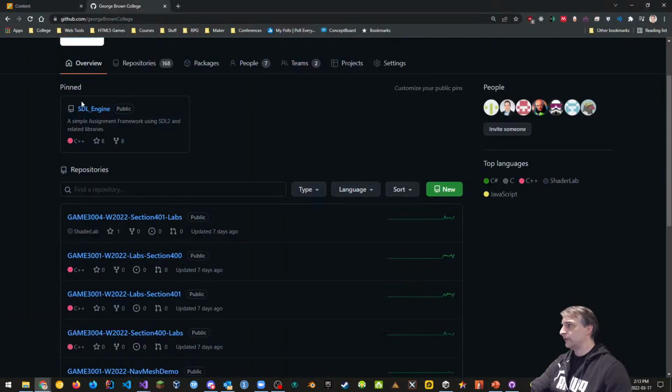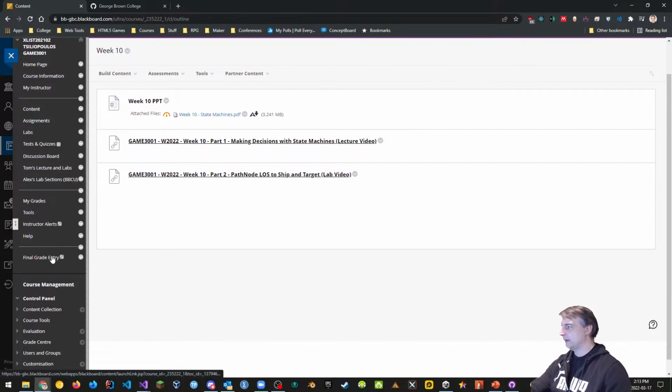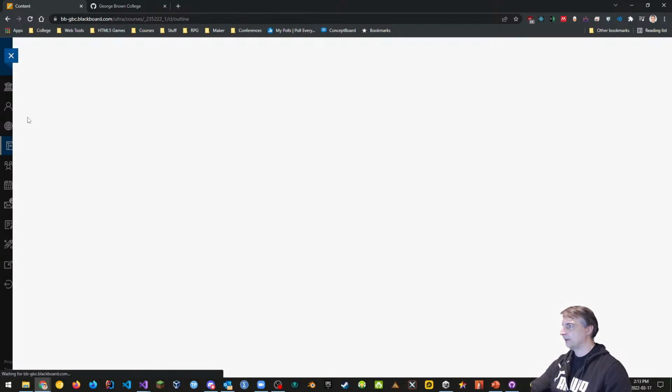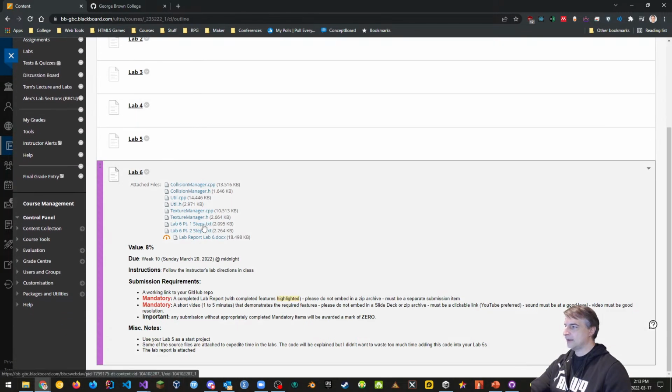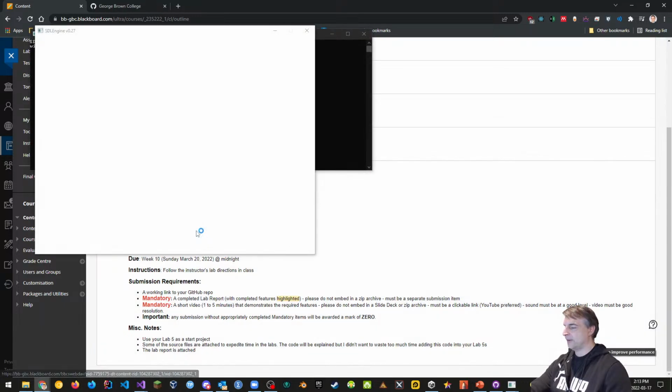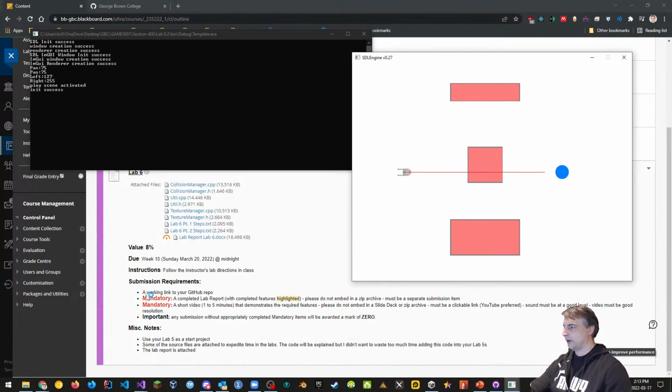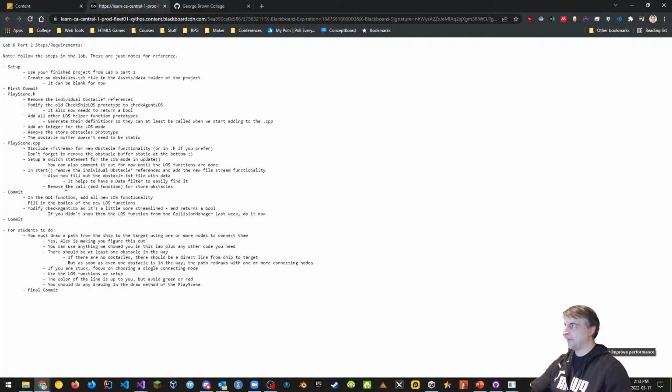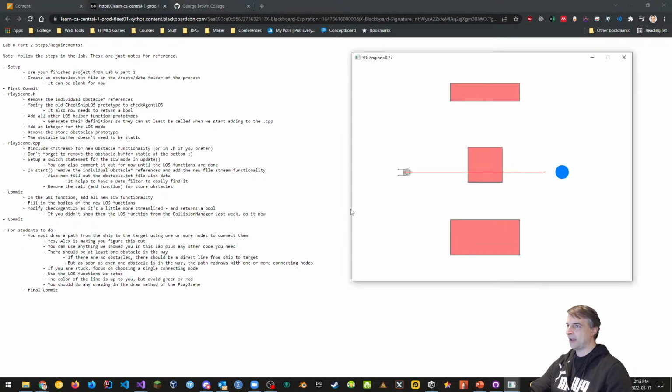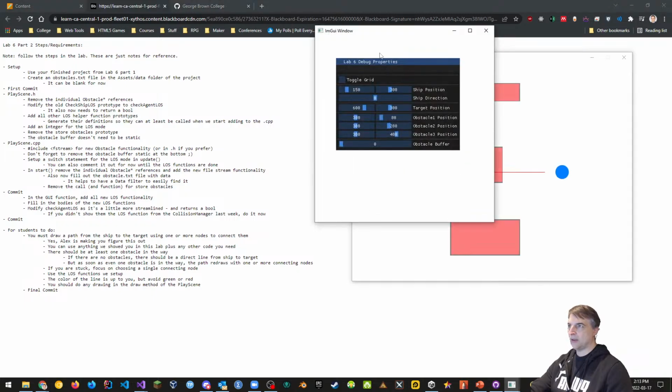I also want to, at the same time, go up on content and let's go over to labs. Under labs, Alex has nicely provided us with a lab 6 part 2 steps that we're going to get into right now. So let's go into lab 6 part 2. The first part is to make a new obstacles.txt file that is inside of our assets data folder. We don't have an assets data folder. We're going to create that right now.